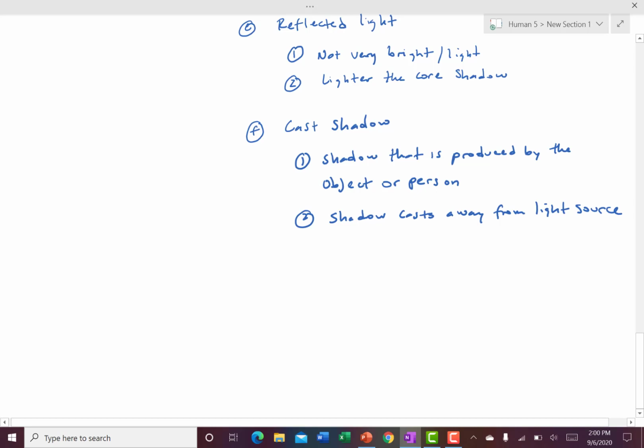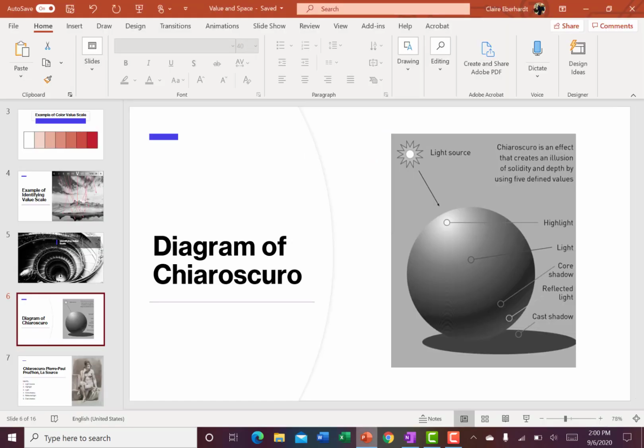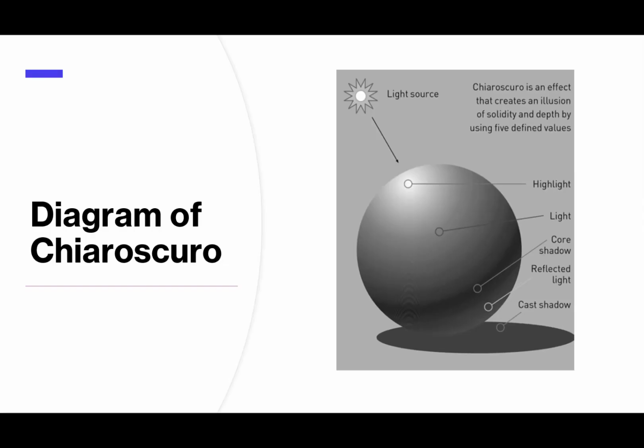All right, so let's look at that. And then we're going to look at the one that I gave you to do, that we were trying to do in the Zoom meeting, but we didn't finish. So right here, it tells you that it creates an illusion of solidity and depth by using 5 values. On paper, this sphere is just a circle. So how am I getting from circle to sphere, right? Well, by using these 5 elements of chiaroscuro to create the illusion